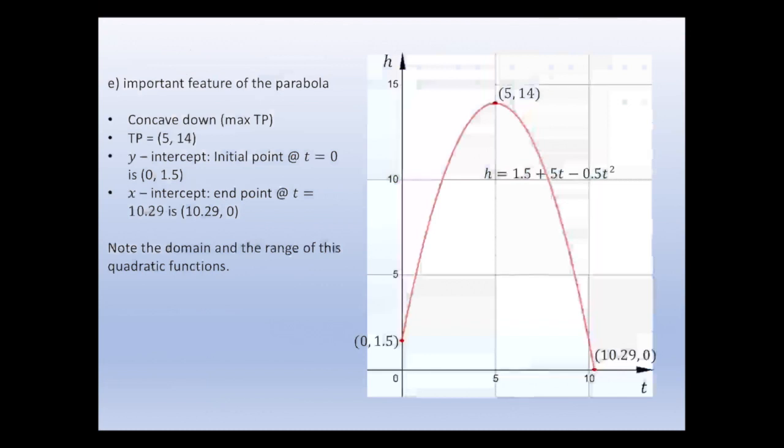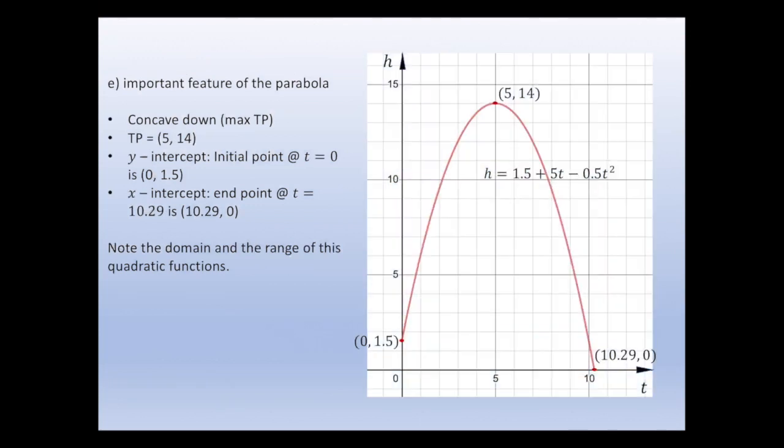Now, how do we sketch the graph? The important feature of the graph, we know that it's concave down, so we know there is a maximum turning point. We know the turning point is (5, 14), and the y-intercept is actually the initial point, which is when t equals 0, so (0, 1.5). So this is the initial point. This is the turning point. And finally, the x-intercept is the end point. This is what you have calculated, which is